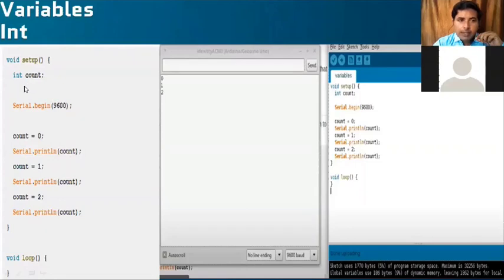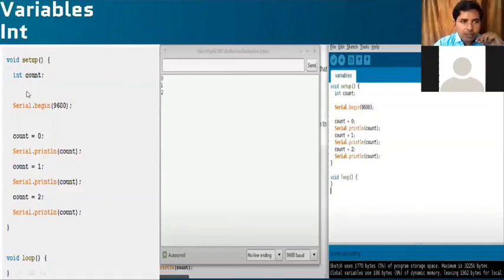Please be careful here. I'm not writing in the loop section, I'm writing in the void setup section, because I'm only taking input values and displaying them in the output. As I said earlier, to take input and output, we have to be in void setup. If you are changing any program or writing any logic, then only come to the loop. Here I'm taking count values, which are integer values, and just displaying them. For that reason, I'm writing in the setup.